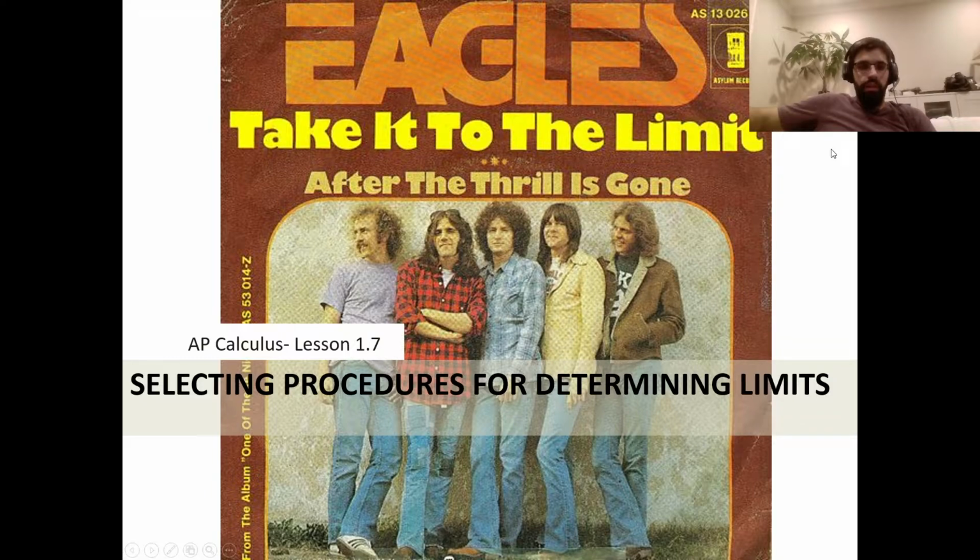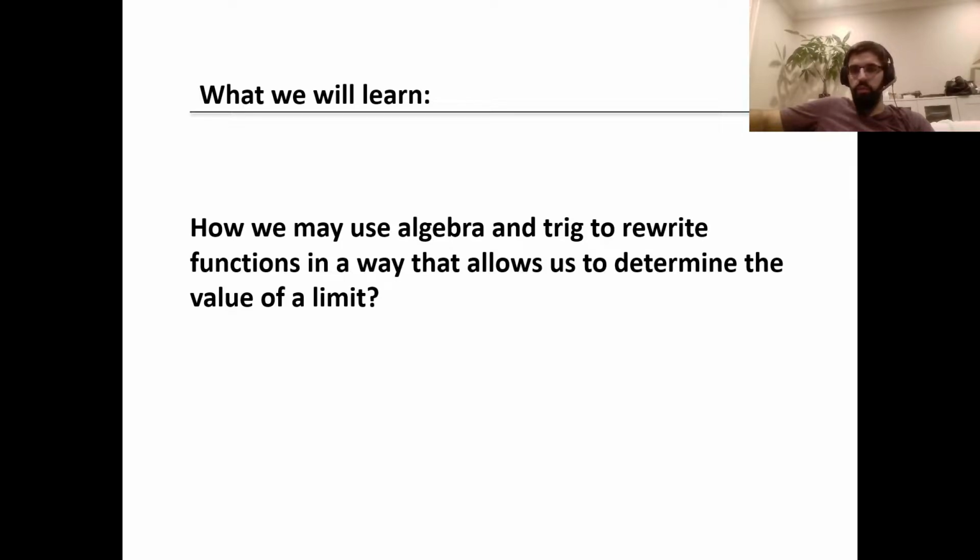So this is Unit 1, Lesson 7 in the AP Calculus curriculum. The unit is called Limits and Continuity. The lesson is called Selecting Procedures for Determining Limits. So in this lesson, we're going to learn a few algebraic and trigonometric